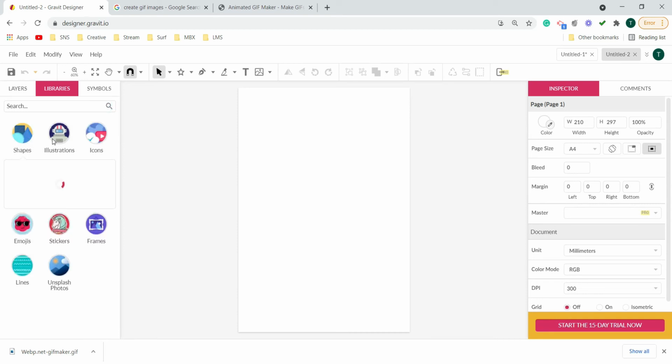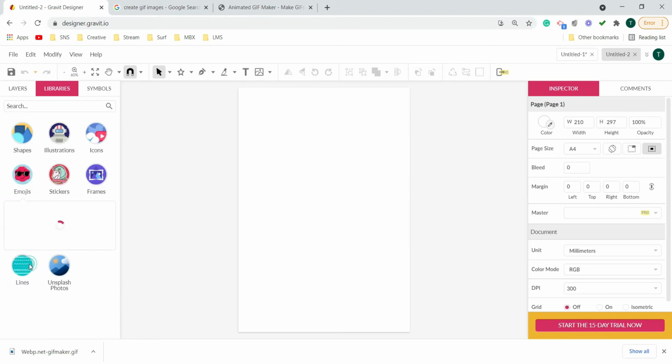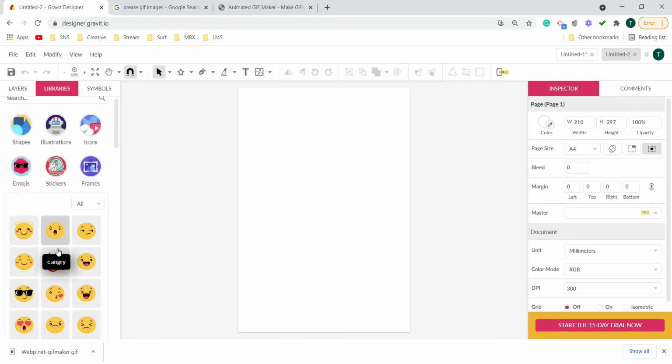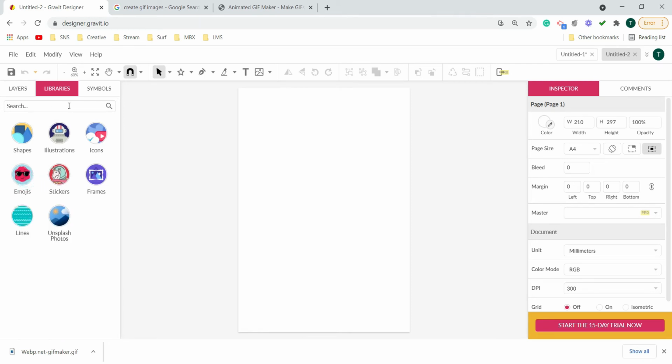There are so many things such as shapes, illustrations, icons, emojis. So many things are there which you can choose to beautify your artwork. Or rather, you can simply search over here.